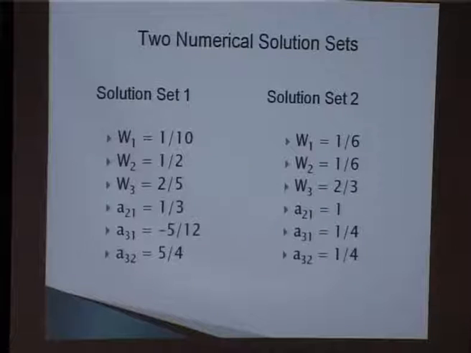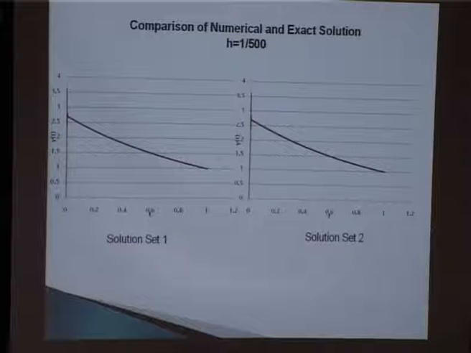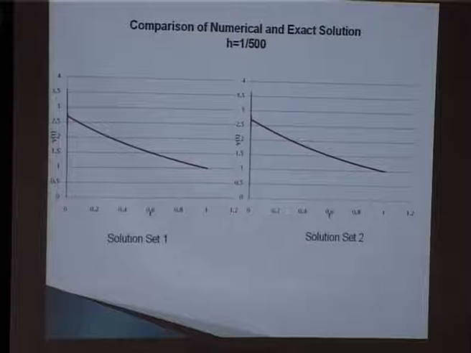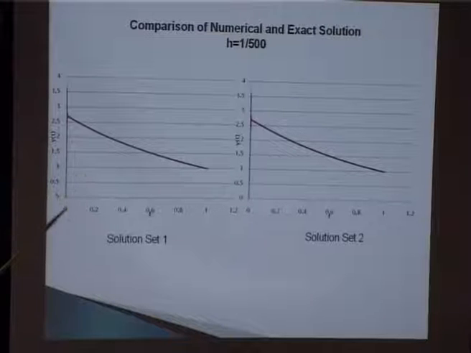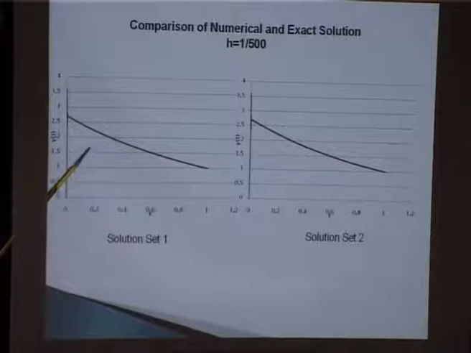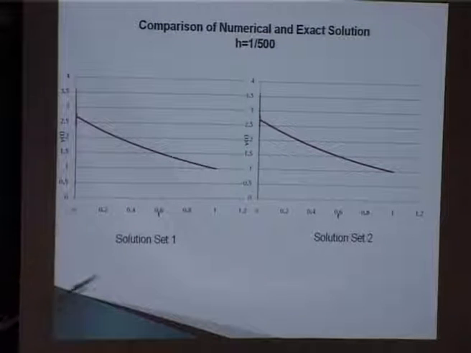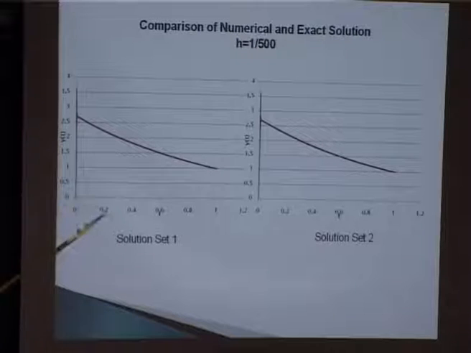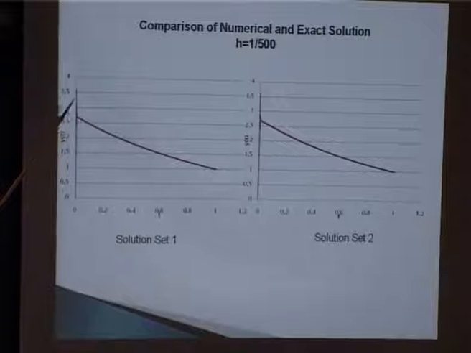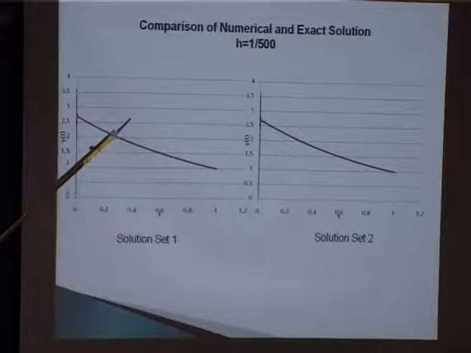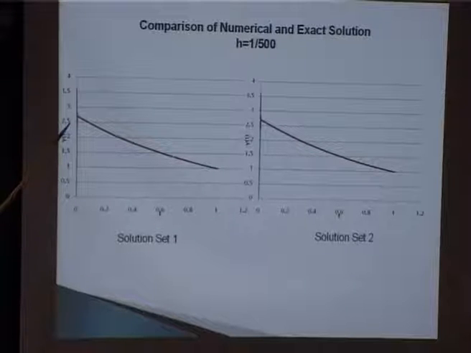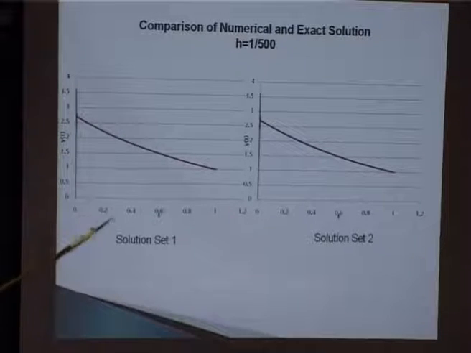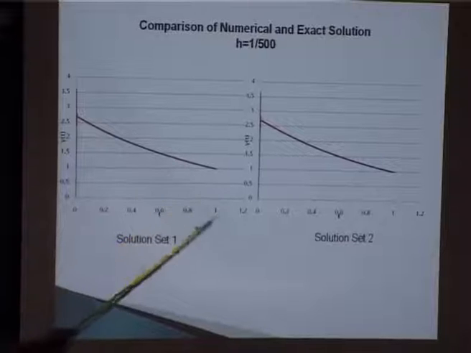Like we said, we get the two solution sets. So while comparing the two solution sets, this is the plot of the numerical error. The red one shows the numerical solution, and the blue is the exact solution that we have plotted using the code in C. This is the exact solution, this is the numerical solution. We can see some kind of wiggling here, as Aditya also pointed out, at very large h, 500 inverse. We can see a similar kind of wiggling in the second solution set.